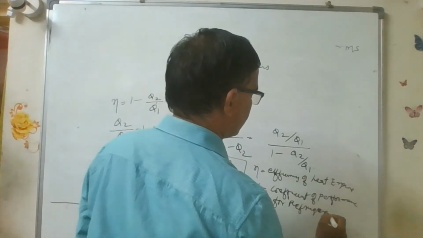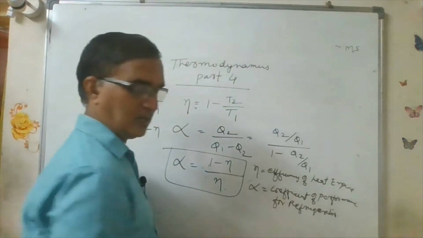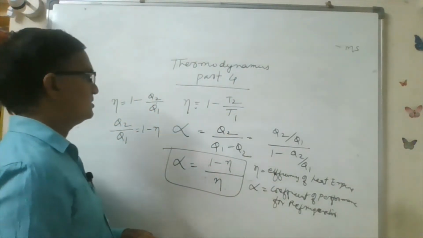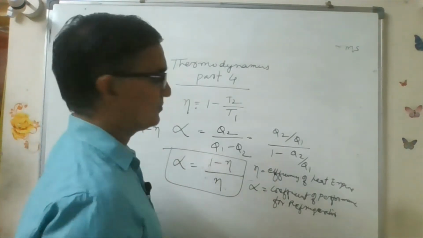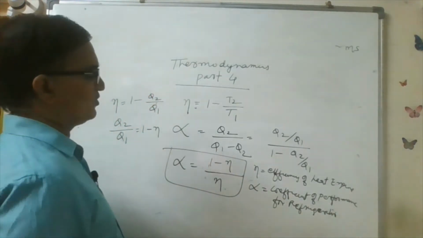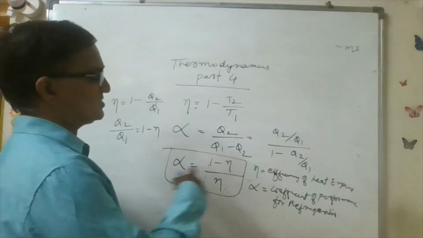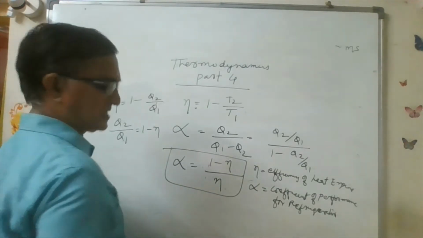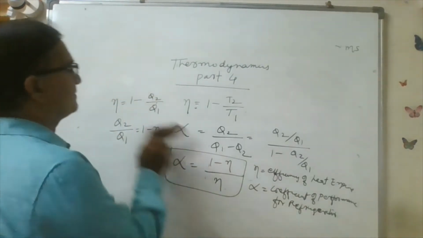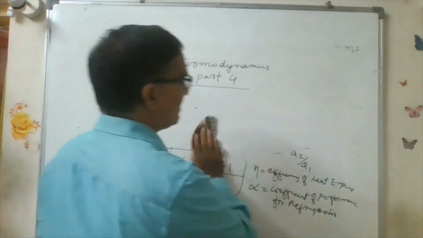Some related problems will also be asked. So you have to note down the relation between coefficient of performance and efficiency. Both formulas are given. You can do it like this. Now next we have